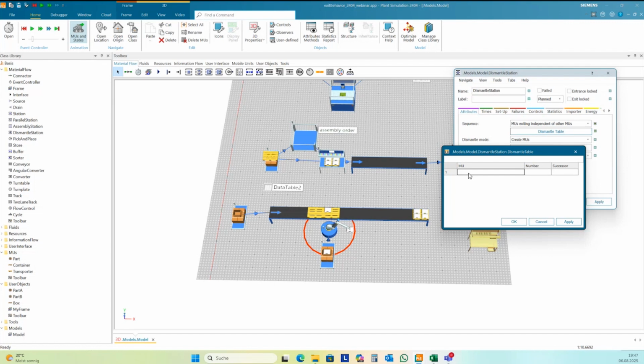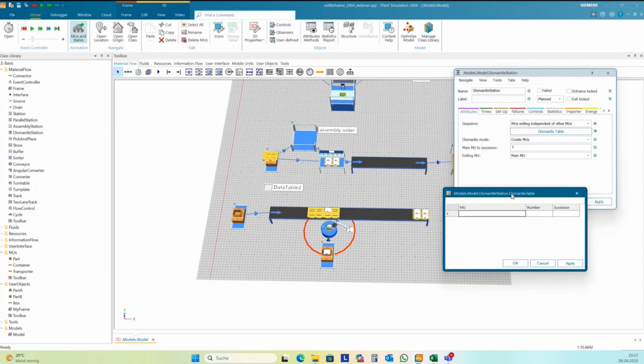So you don't have the exit tab here, but you can use this strategy to distribute MUs to different successors. And the main MU you can define here, main MU to successor number 1. And if you have a lot of successors, you can define here in this table where the MUs should go.